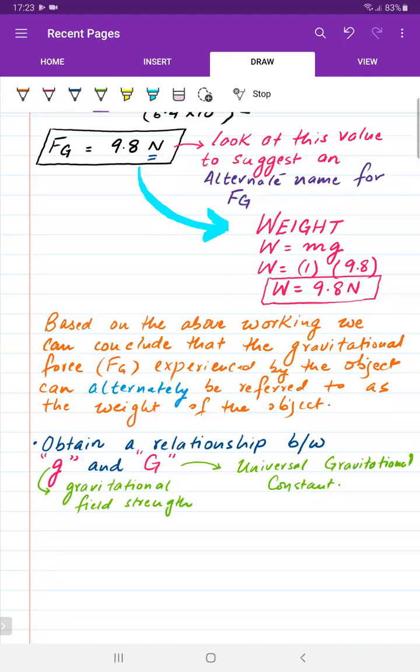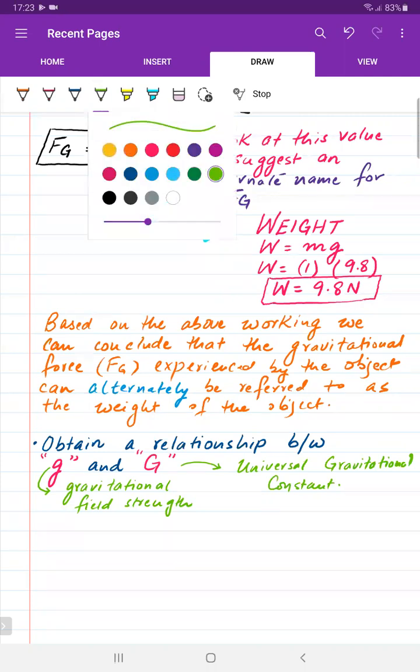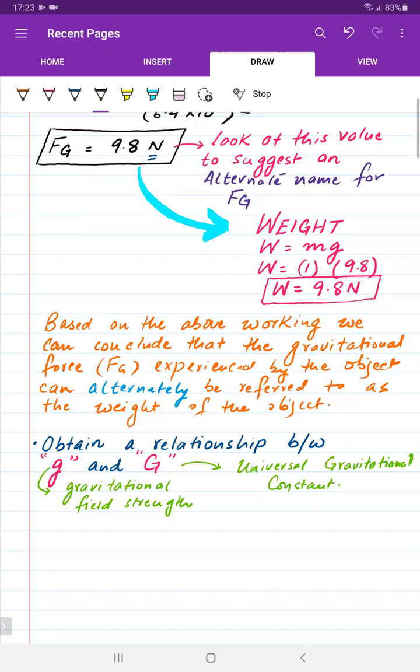So if you are asked to obtain a relationship between the term small g and the term capital G, so based on the above statement,